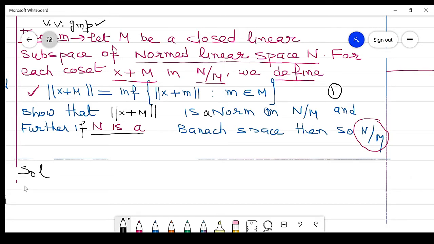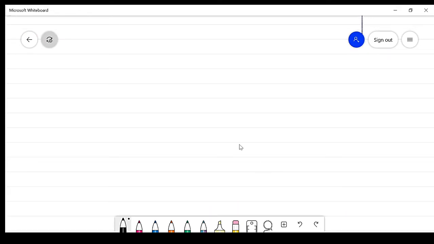Now in order to prove that it is a norm, we will prove all four properties of the norm. So what is the first property? The first property is the norm of x plus M. We know the definition: the norm of x plus M is equal to the infimum of